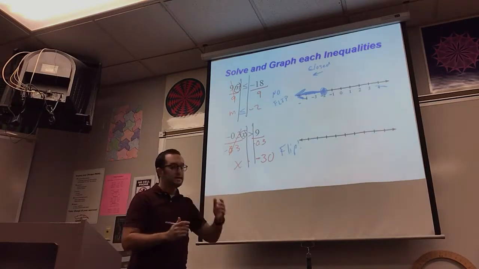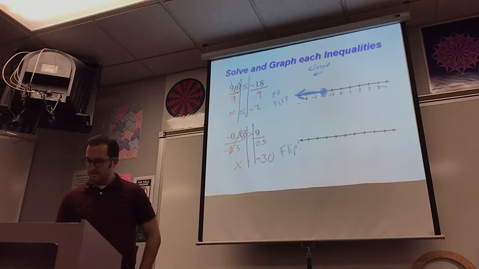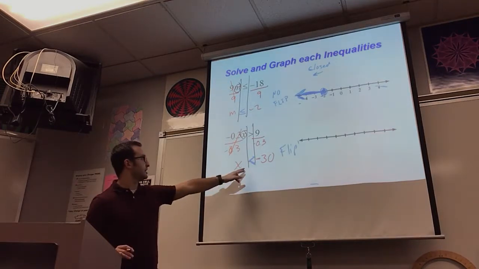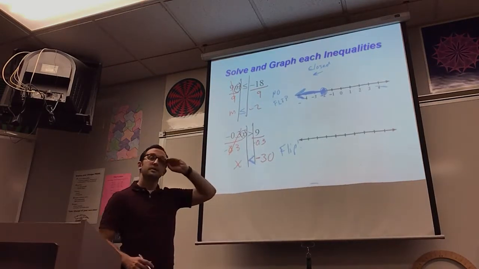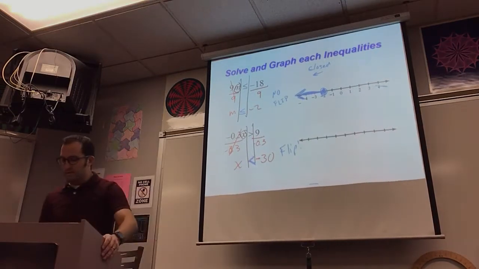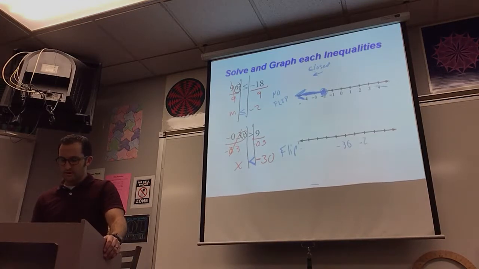Okay. So then what's the symbol going to be? We had to flip the symbol, so I mean, our negative 30 is greater than x. Nope, we want to keep x in the front. X is less than negative 30. Good. X is less than negative 30 because we had to flip the sign because it went from positive and now it's negative. Okay. So now the numbers we put in here would be what, like negative 30, negative 29,